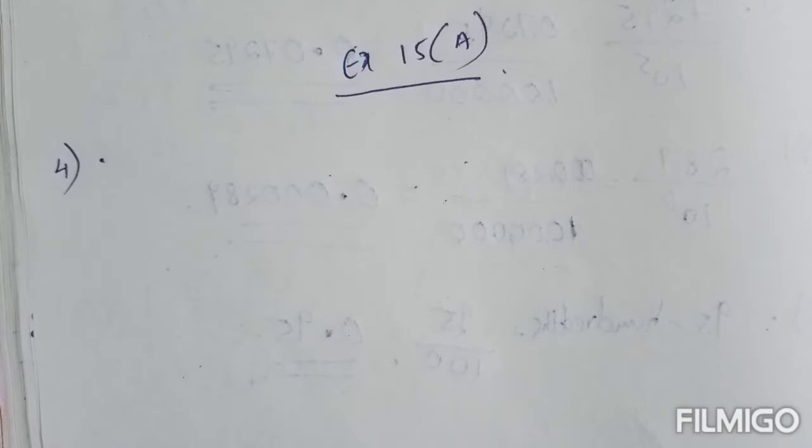So we have been discussing chapter 15, decimal fractions. Our next topic is conversion of a given fraction into a decimal fraction, when the denominator can be expressed as 10, 100, 1000, etc. When the denominator is 10, 100, 1000, etc., how to convert, that we studied. Next is when the denominator can be expressed as 10, 100, 1000, etc.